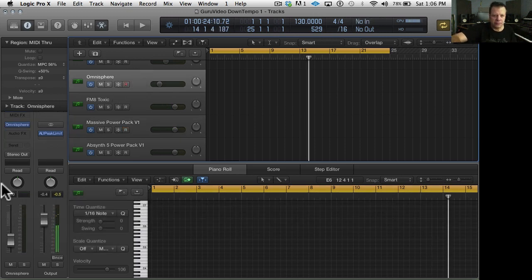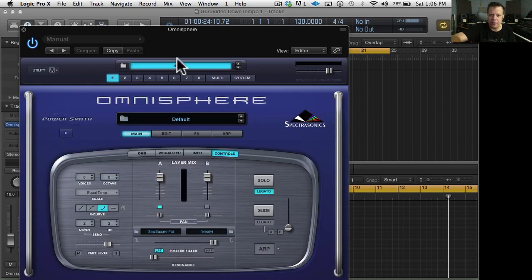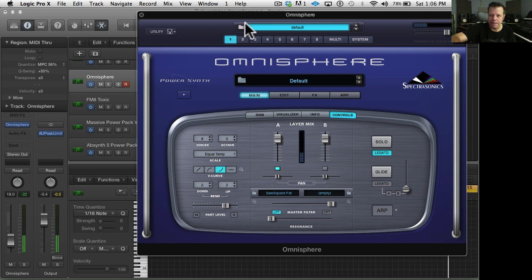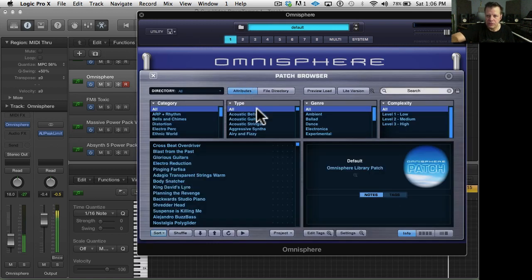Let's start with Atmosphere. This is a particularly nice library for more down-tempo and dance stuff, of course, but there's a lot of stuff I did that will be nice for this, so make this go away. Let's see.